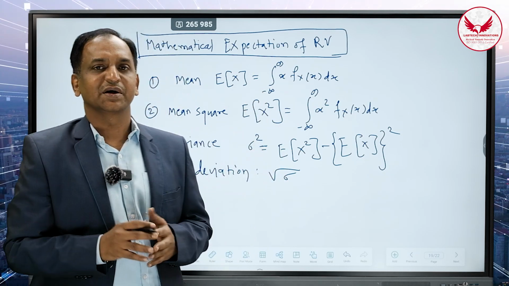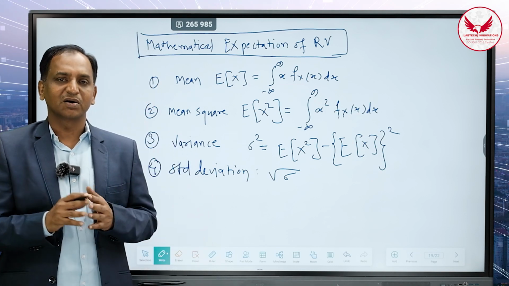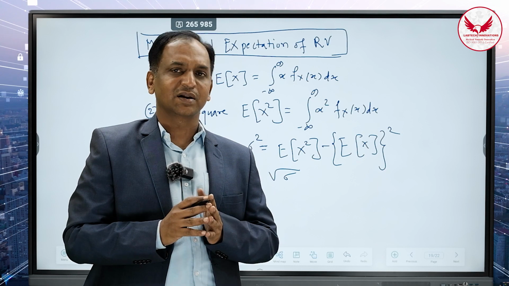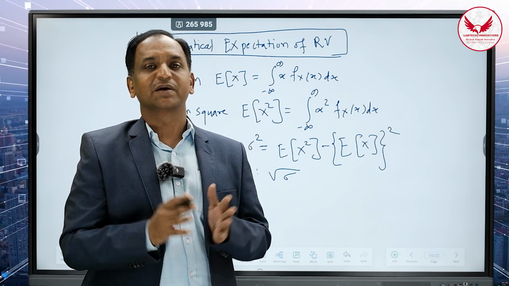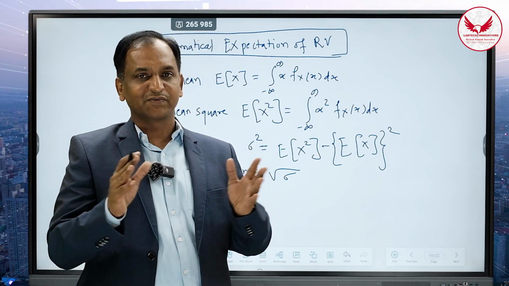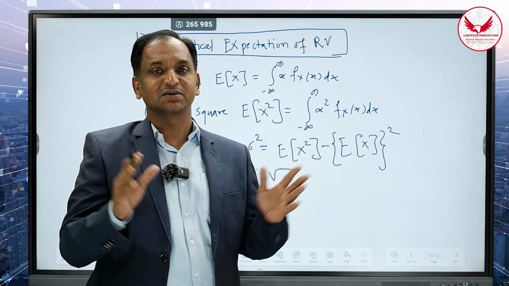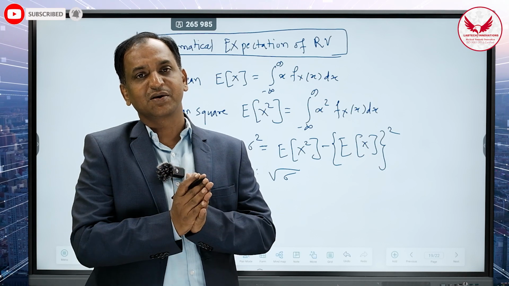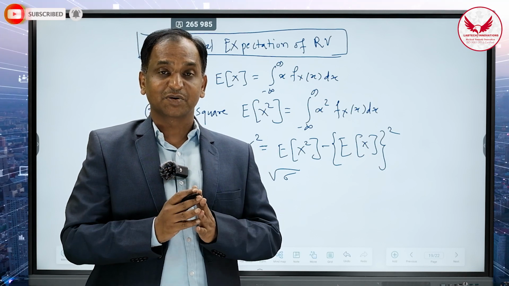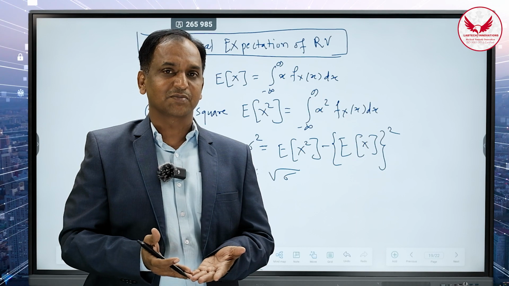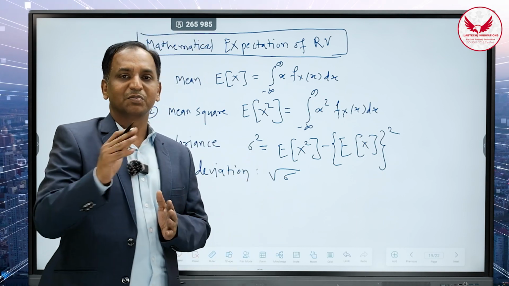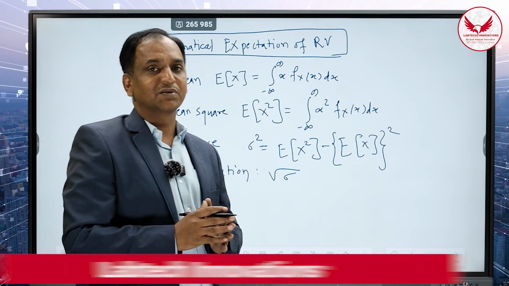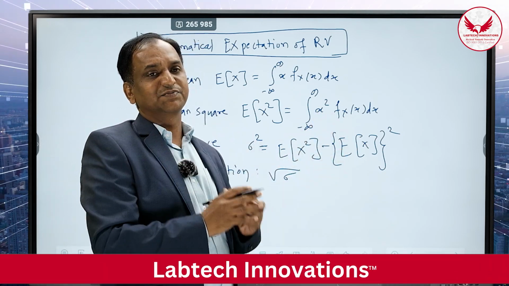model. Generally we use the Gaussian distribution model or the uniform distribution model, and a number of other models are there. In that particular model, we find the mean values, the mean square values, the variance, or the standard deviation. From the standard deviation or the mean values, we get some information, and from that we can predict something. For example, if we want to predict how much rainfall will take place this year, we have to take the data of the last 10, 100 or